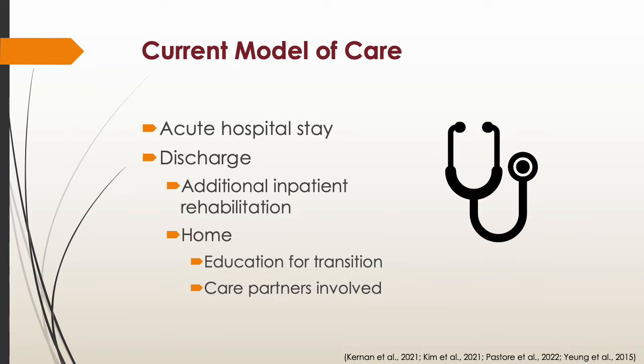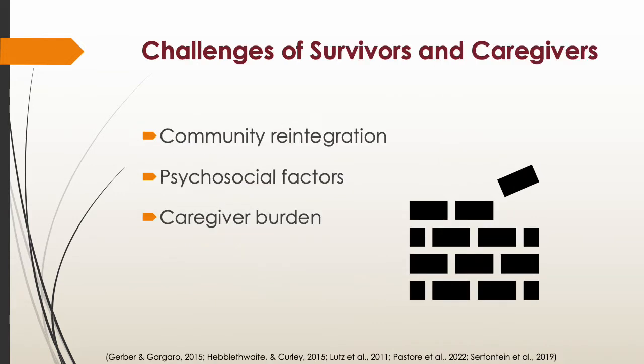As a result, care partners become essential in facilitating rehabilitation within the home environment after discharge from the hospital and from other therapy services. Several challenges manifest during the transition back home and back to the community. While survivors who have returned home often undergo rehabilitation therapy in their homes and in outpatient clinics, goals are sometimes not achieved, and community reintegration can remain a challenge for survivors long after outpatient therapy ends. Many survivors continue to experience impairments in a variety of areas that impede their reintegration into the community, including social functioning, home duties, and community mobility as a few examples.